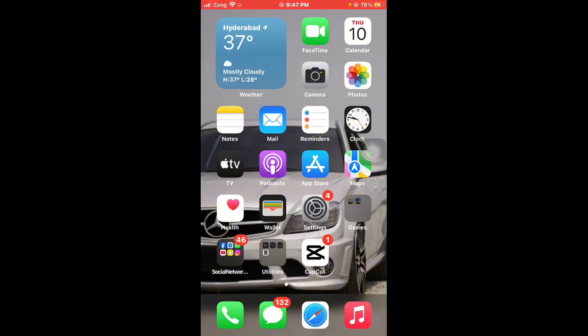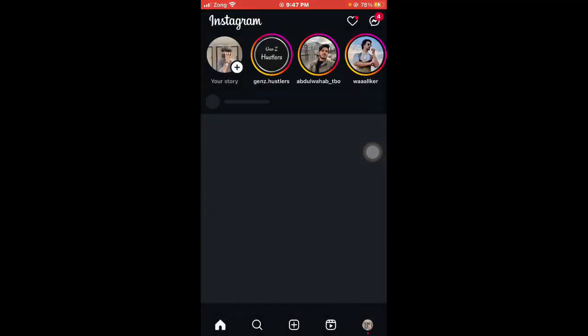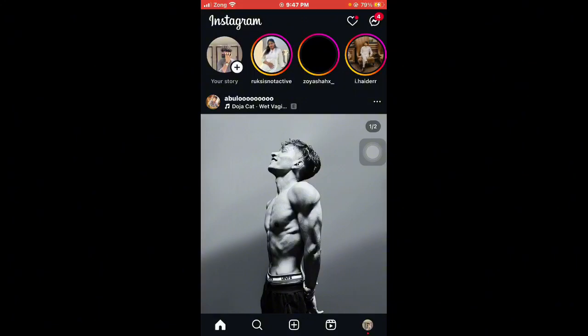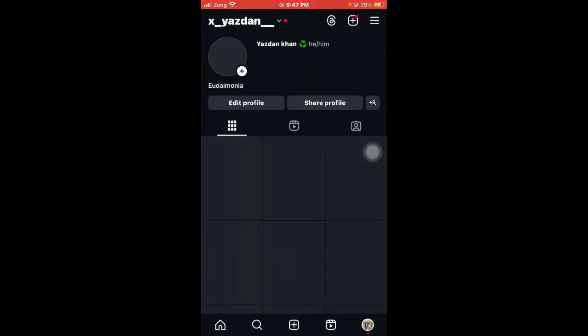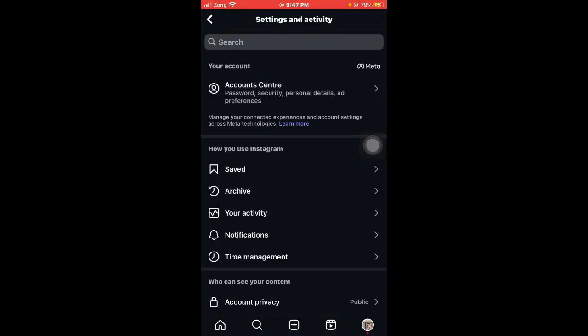So first thing is guys, you're gonna open your Instagram, and after that you can go to the profile section at the bottom right corner, and after that you can see at the top right corner the three lines. Gonna tap on it, and here you can tap on account center,